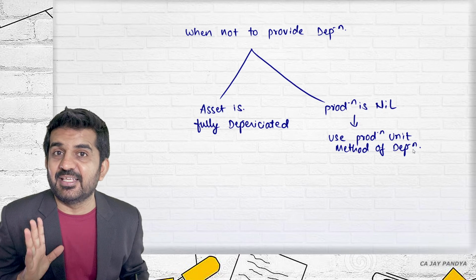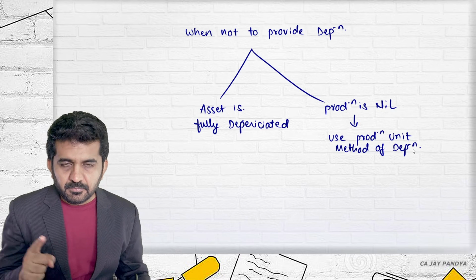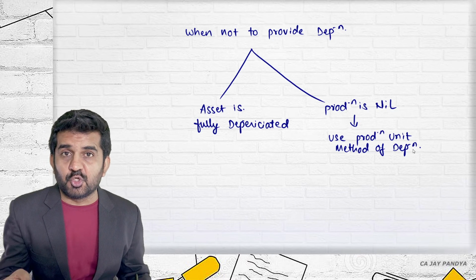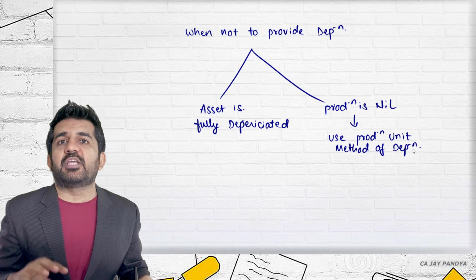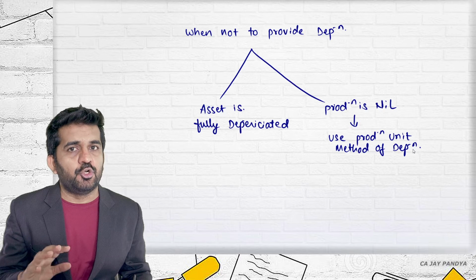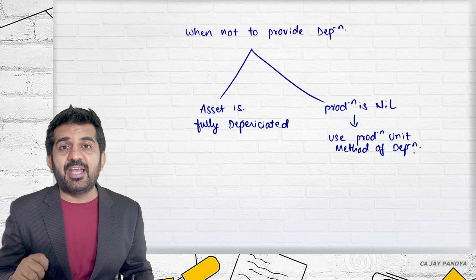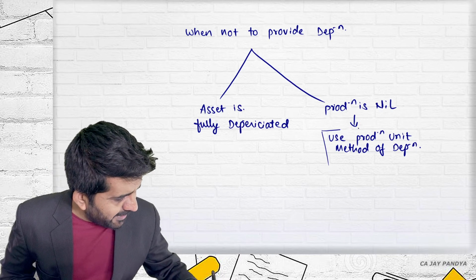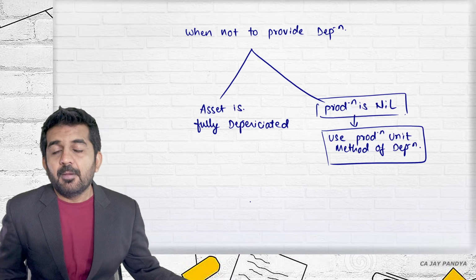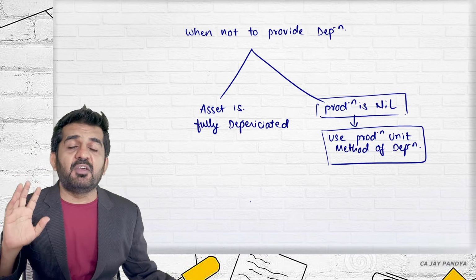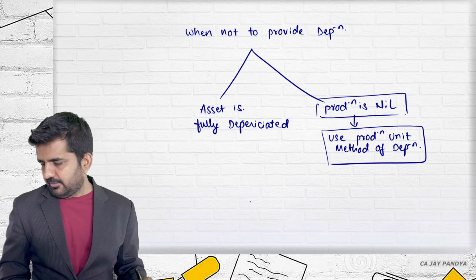The answer is yes. Depreciation is not only concerned with use of the asset. It is also dependent upon obsolescence. It is also that the asset is becoming old. So wear and tear is happening because time passes. So the depreciation should be provided. I have seen n numbers of questions where this is always asked. If you use the production unit method and the production is nil, you may not provide depreciation. But if you are not using this method, even if there is no production, even if the plant is closed, the depreciation is to be provided. Is it alright?